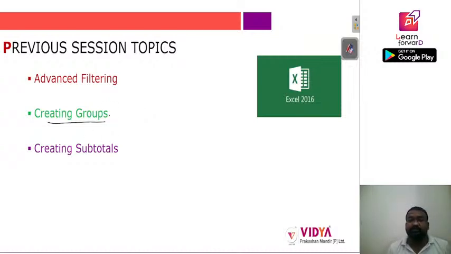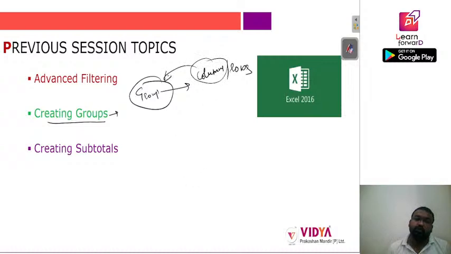So for that purpose we can use this group functionality. For this we have to go to the data tab, and then there would be an option of group. Before using this group command, first we have to select the columns or the rows that we want to group together. Once we select them, then we will click on this group command,